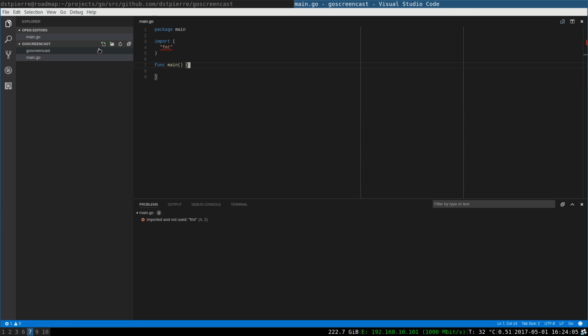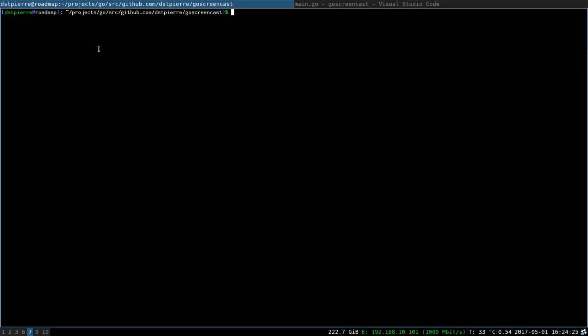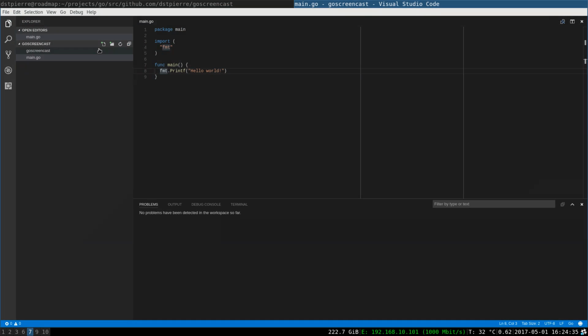We saw that at the beginning when we were checking the golang playground. So let's do something extremely quick in here. Let's do printf and hello world. Now we'll just do go run and main.go, and we see that it printed our hello world.